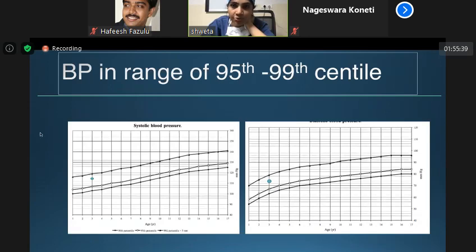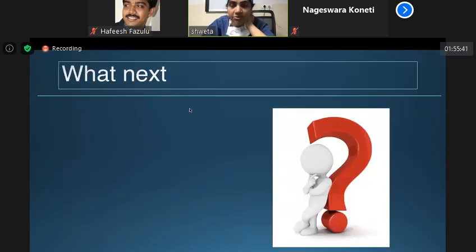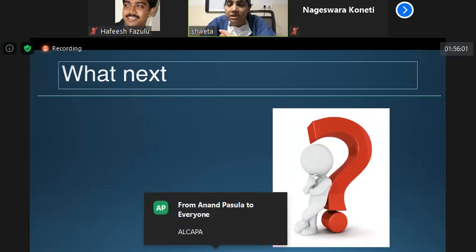So what do you want to do next? How do you want to proceed? There is a severe ventricular dysfunction. The child was admitted with that, and now the child is recovering. X-ray became better, but not extubatable. All 4 pulses are well felt. There is an S3 gallop. Blood pressures are between the 95 to 99 centile.